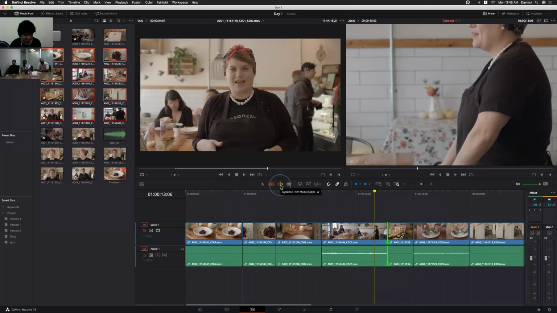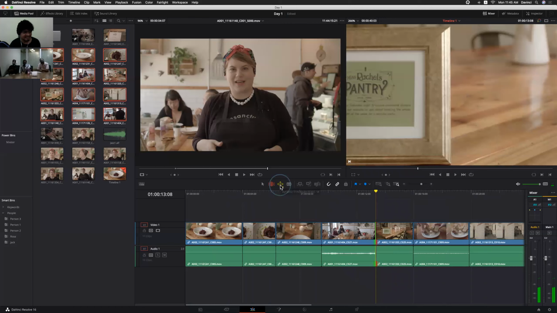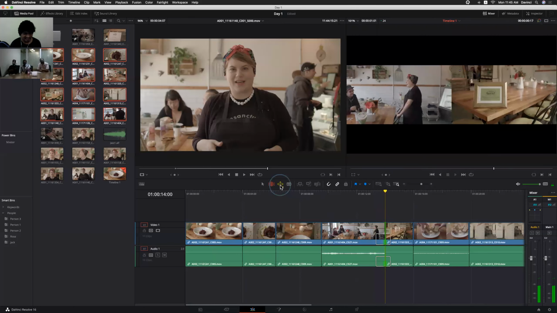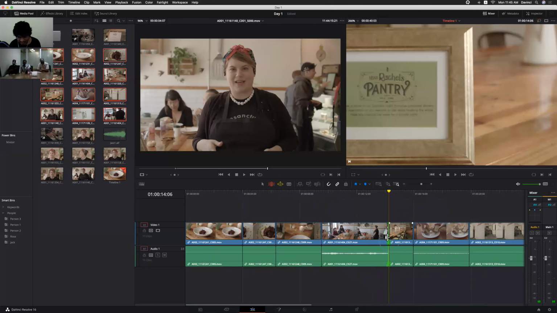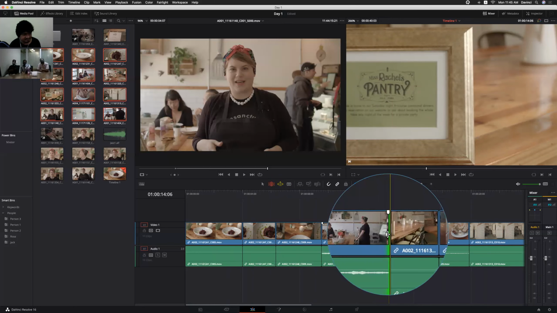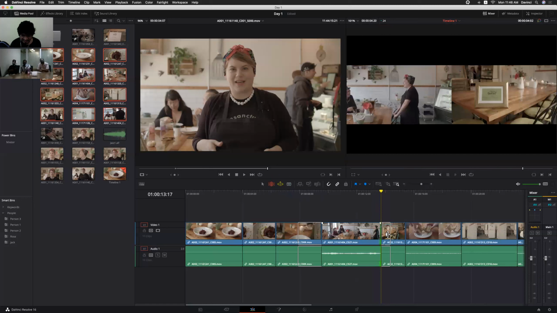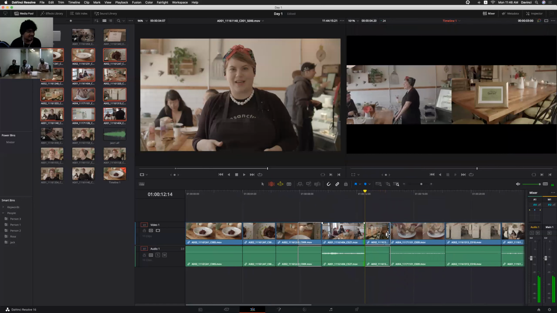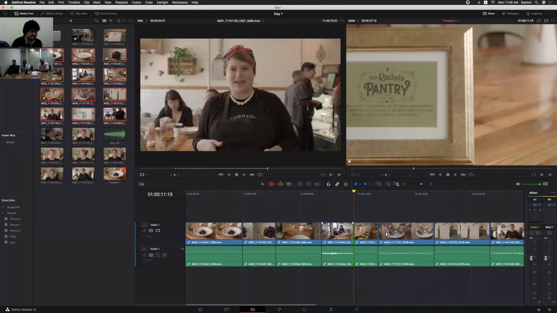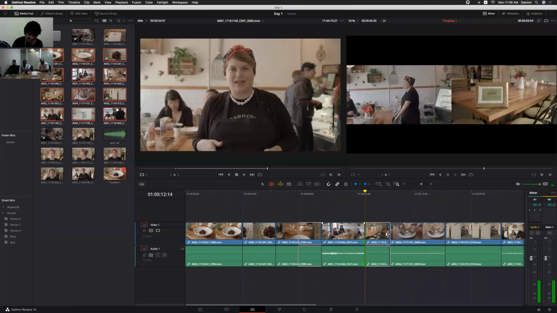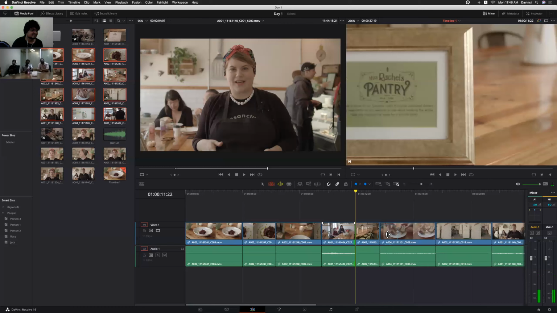Let's say I want to trim this portion. Simply click J. It will automatically trim that portion, right? Based on your selection, if I select only that particular edit point, it will trim. I'm just clicking J. Just by clicking J, it will automatically trim and extend that.